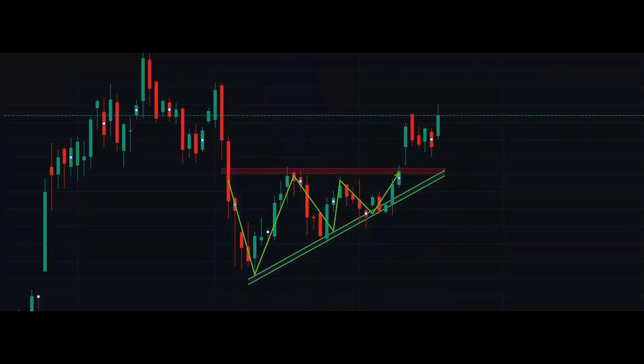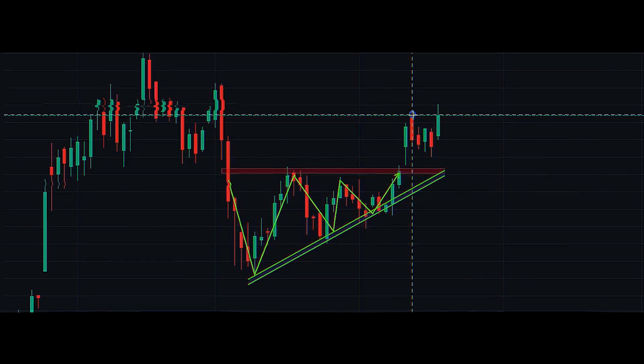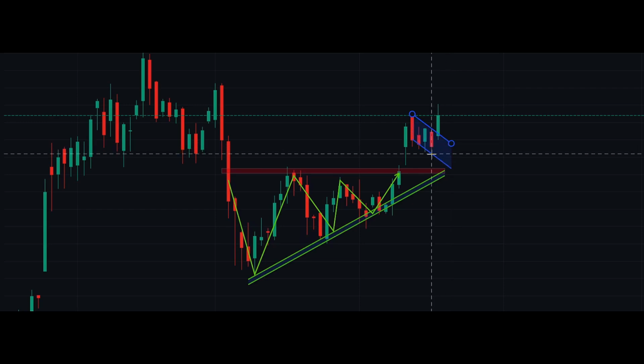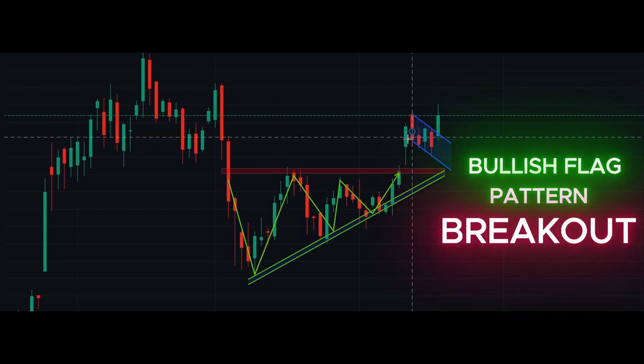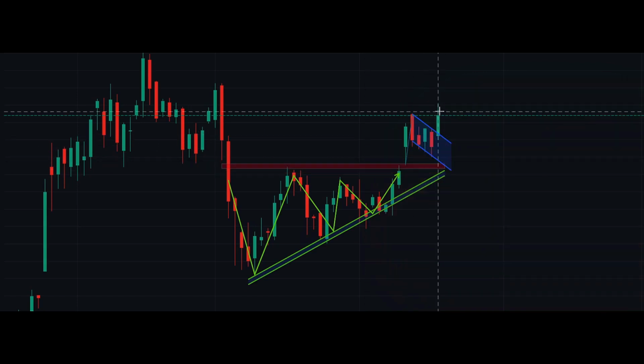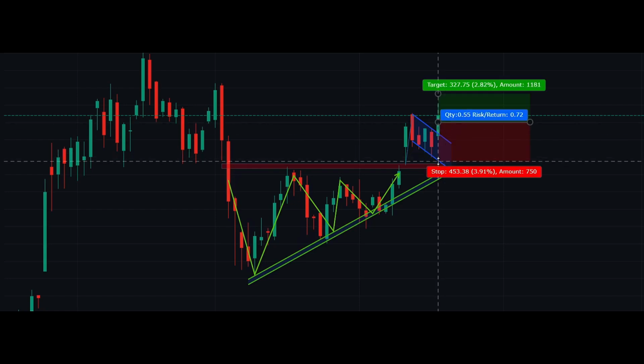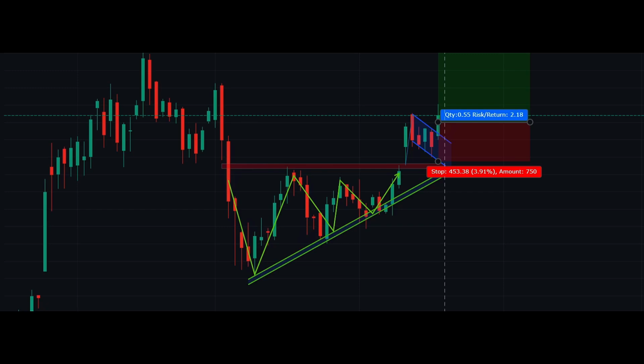There is one more confluence I will show you. After that breakout, we also got a small flag kind of pattern, and here also see this red candle is a retest candle, and after that a green candle. This green candle is our entry. Now let's enter here. Now if we put a small SL below this retest candle and want to achieve a 1:2